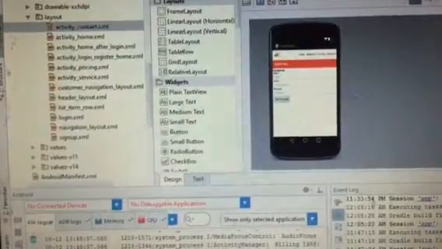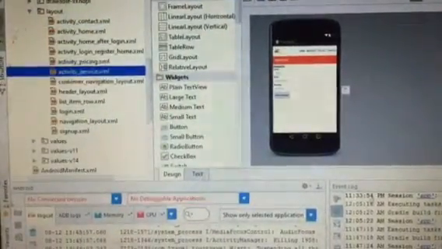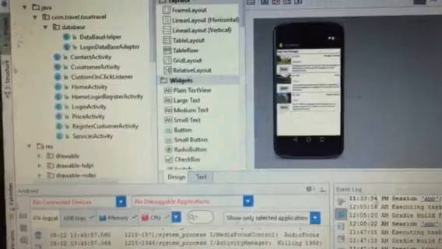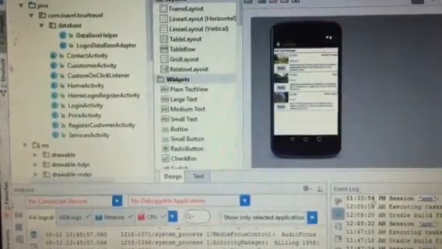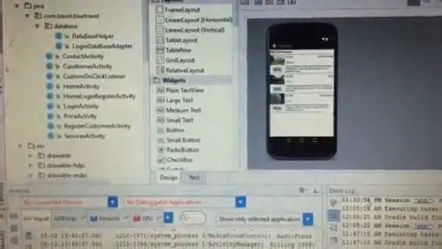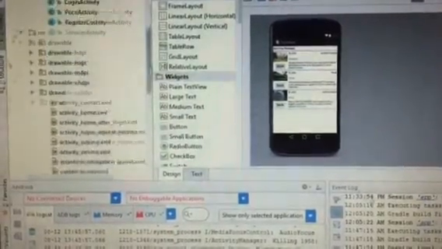Now I'm going to show the code of my project, the Android app. Here I'm going to show you the different code files.